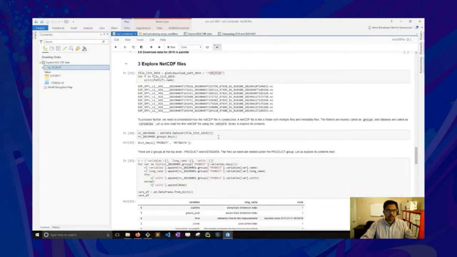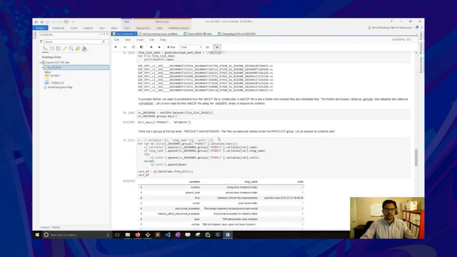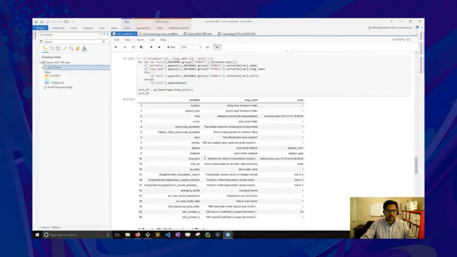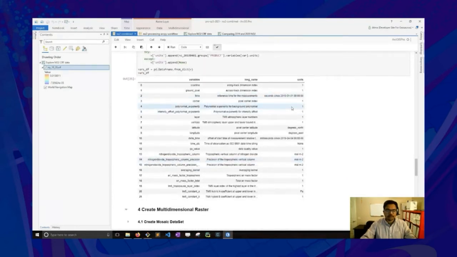The next step is to explore what groups and variables are available within this file set. For that, I'm using the netcdf4 API that I just previously installed, and I'm able to print all the different variables and their metadata information. Once I know what these variables are, I know what kind of data I need to import into my